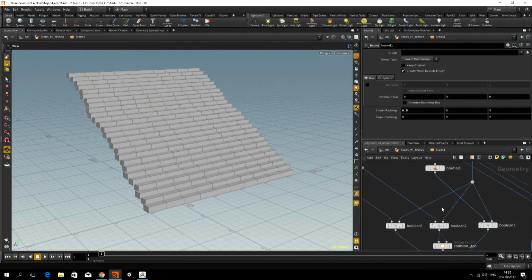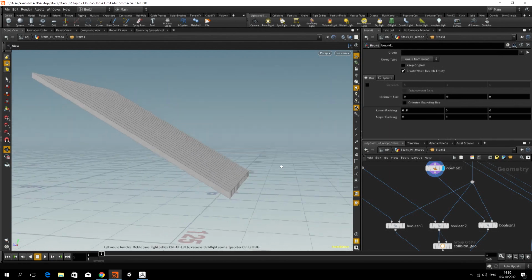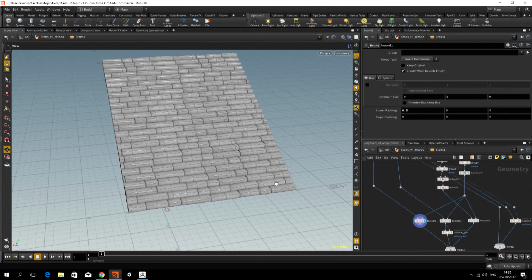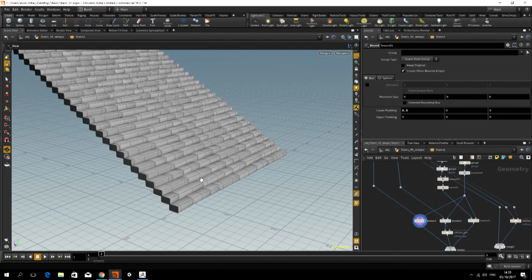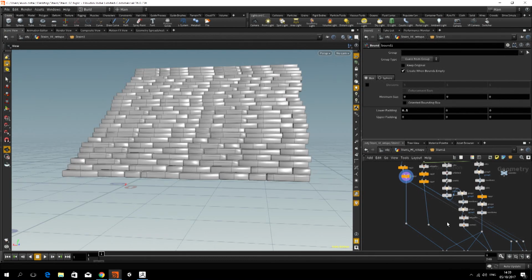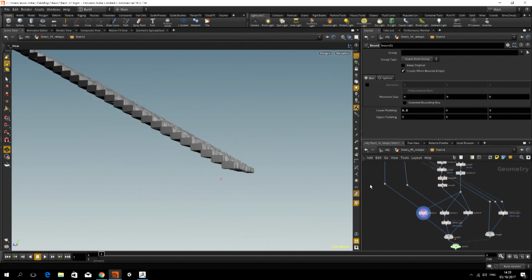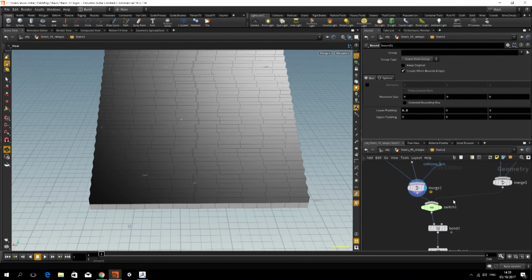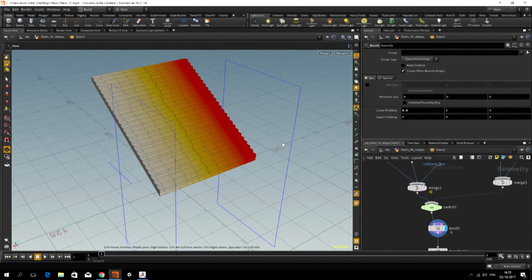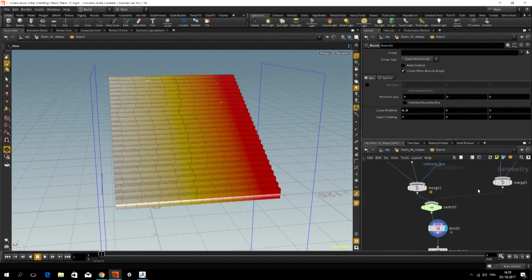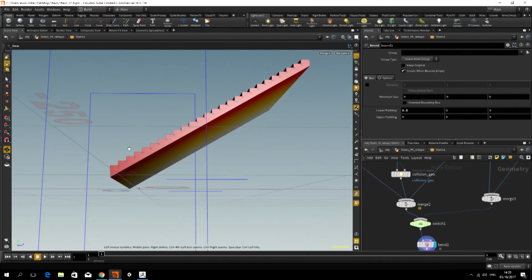In addition, we also put in some booleans with some other meshes to make the stair look a bit cleaner, to cut them off at the edges instead of having them like that. And adding some stuff on the bottom as well. To have the stairs with the collision map